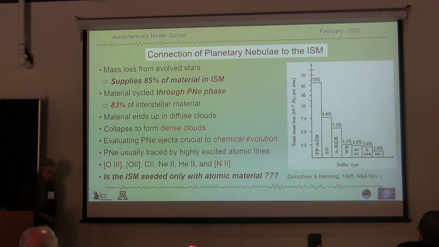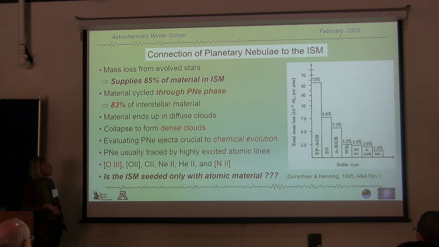Okay, so why are we interested in planetary nebulae anyway? Stars have died, so what happens? Well, actually, it's mass loss from evolved stars that supplies about 85% of the material into the interstellar medium. People typically think that supernovae supply most of the material, and they only supply about 10%. And so if you add it up, there's a lot of material that comes out through the asymptotic giant branch